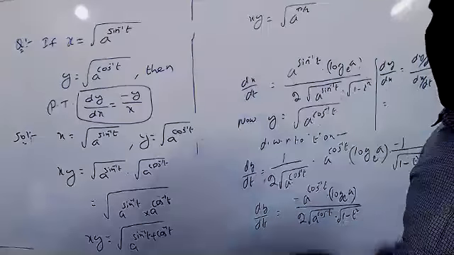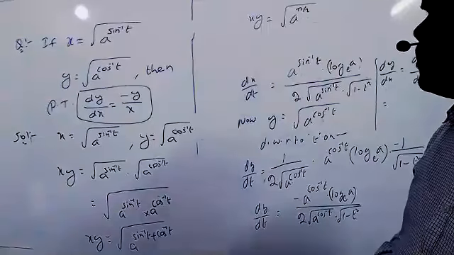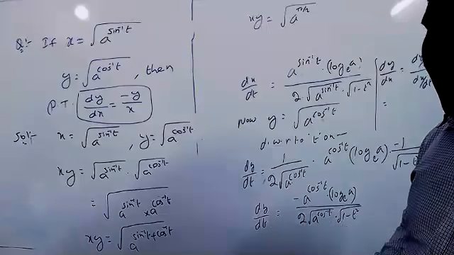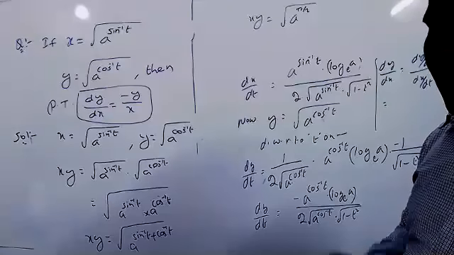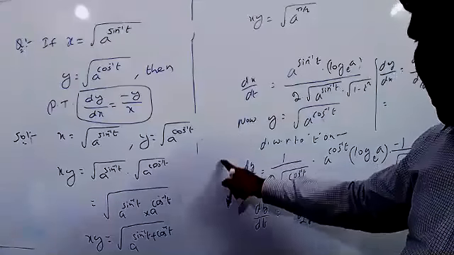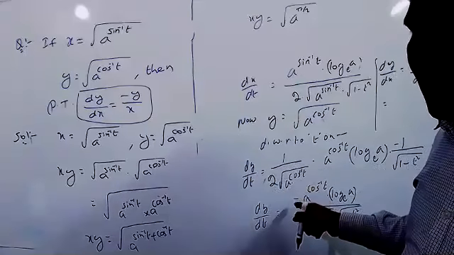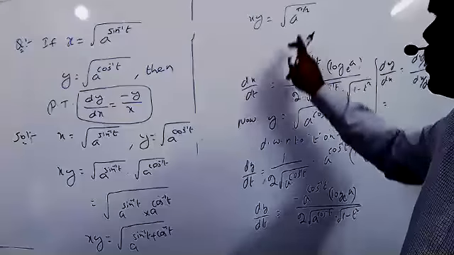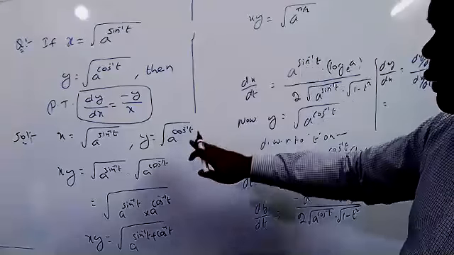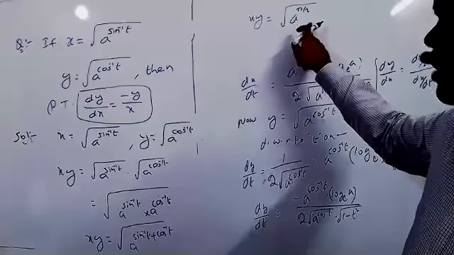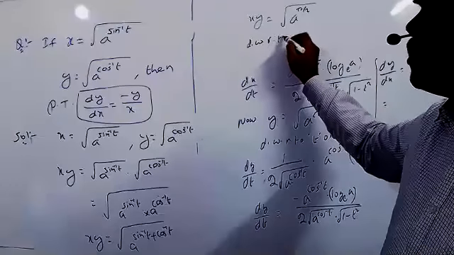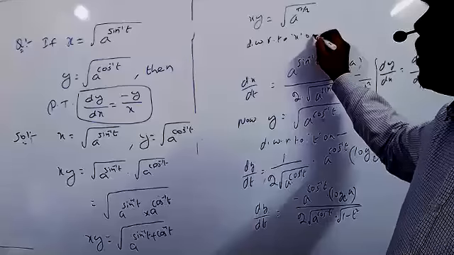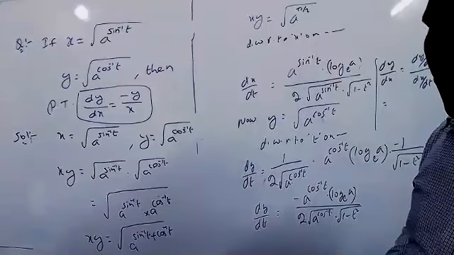Now we can differentiate with respect to x only, but it's not t. Generally we take the third variable t, so we have to do that. That's why I gave you the first method first. Understood now? But you can do it this way also. Now multiplying both of them, what do you tell me? X into y equal to root of a power pi by 2. Now differentiate with respect to x on both sides.